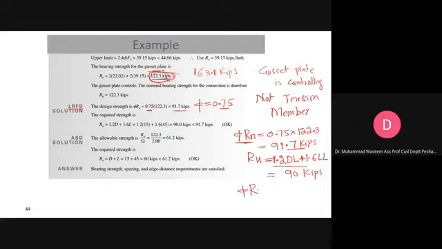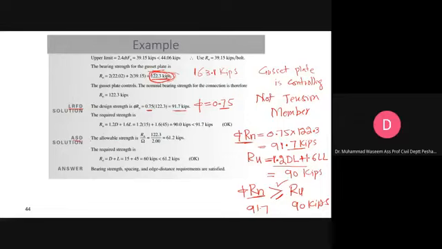So design bearing strength of this connection, which is made of this tension member and gusset plate, is greater, or it should be equal to Ru. This Ru is 90 kips here, and this design strength is 91. So this is valid. So if you want to calculate the bearing strength of this connection based on ASD procedure,